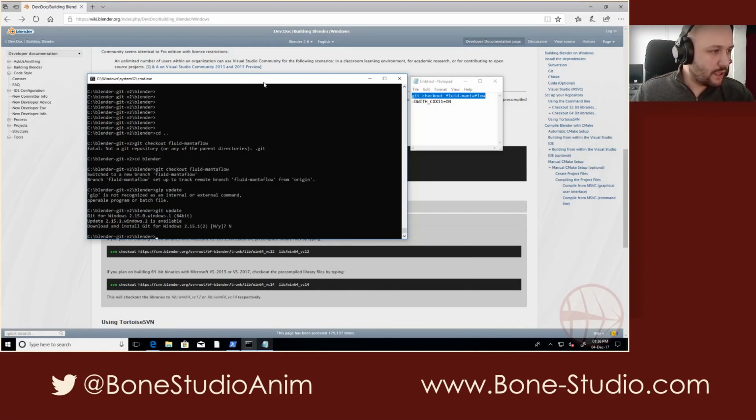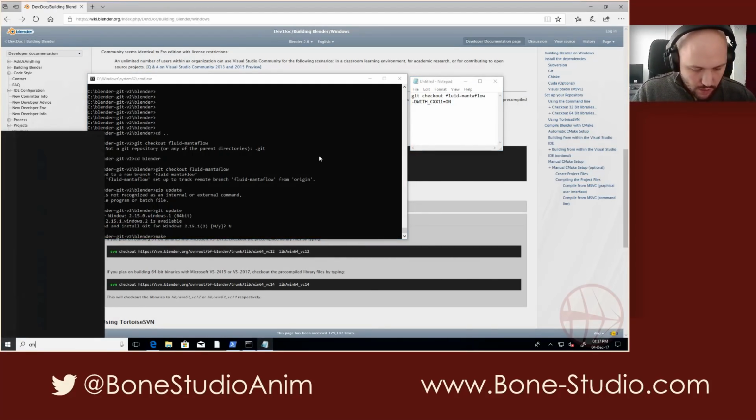Let me check my commands. It's okay. It seems it's ready. So now, what do we have to do? We can try to do another make release, and it may give you a correct build of Blender. But I was told by Sebas that we should use this command in the make option. So I'm not an expert in using Visual Studio and make. So what I did is to use the CMake